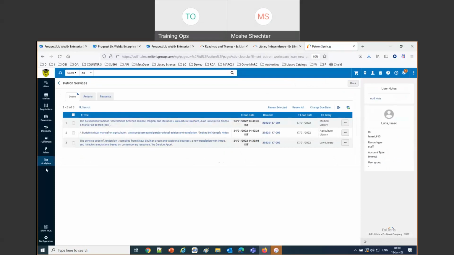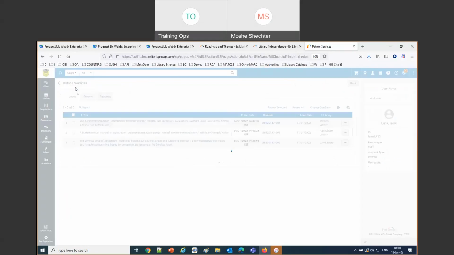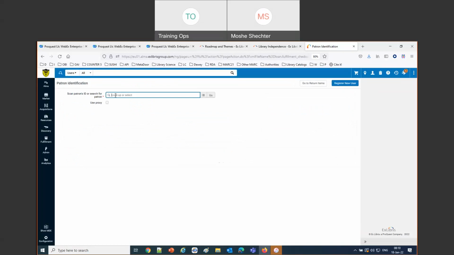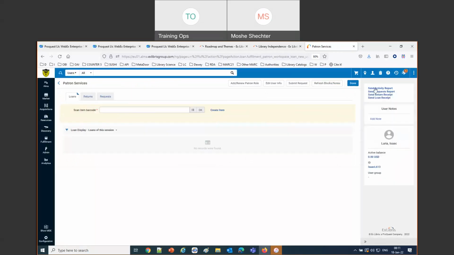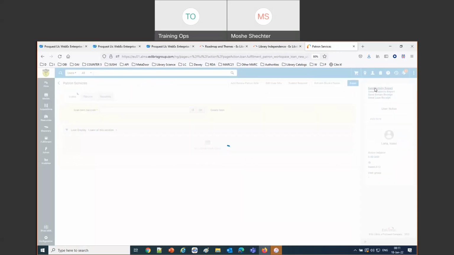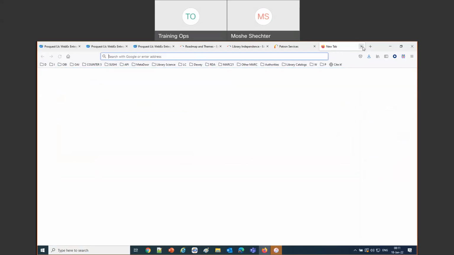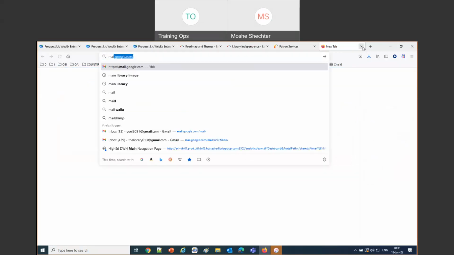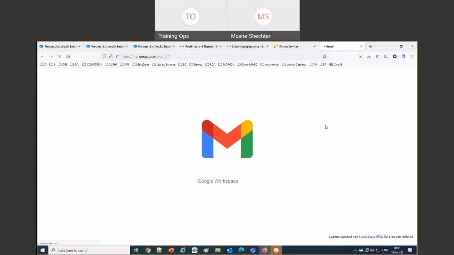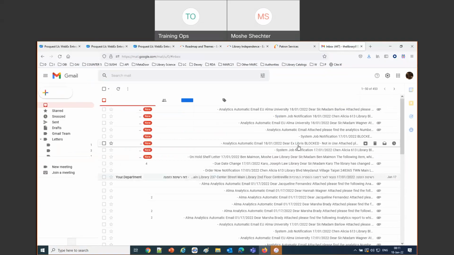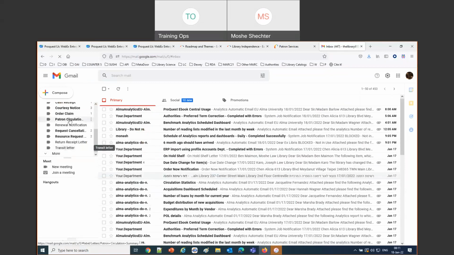Let's go into fulfillment, manage patron services, and we'll take Isaac Luria again, and send activity report. Okay, so we'll have something to compare before we make the change. Let's go take a look at that letter. And I happen to have Isaac Luria's email. So we'll go here. I've got all of my patron circulation notifications here.